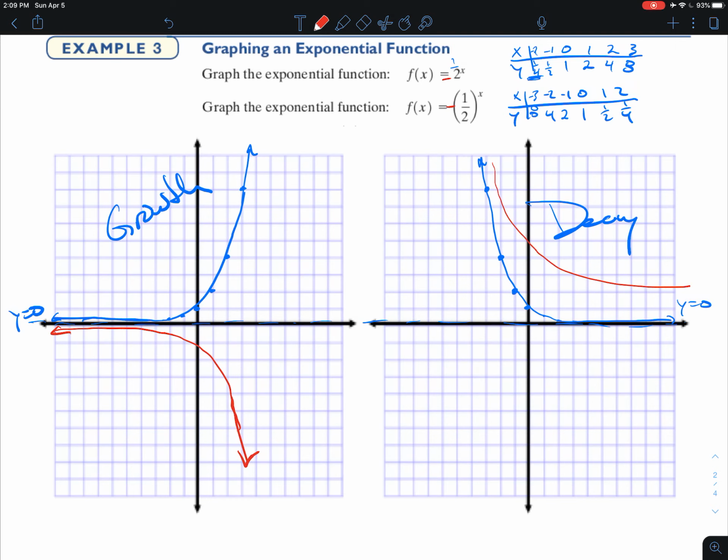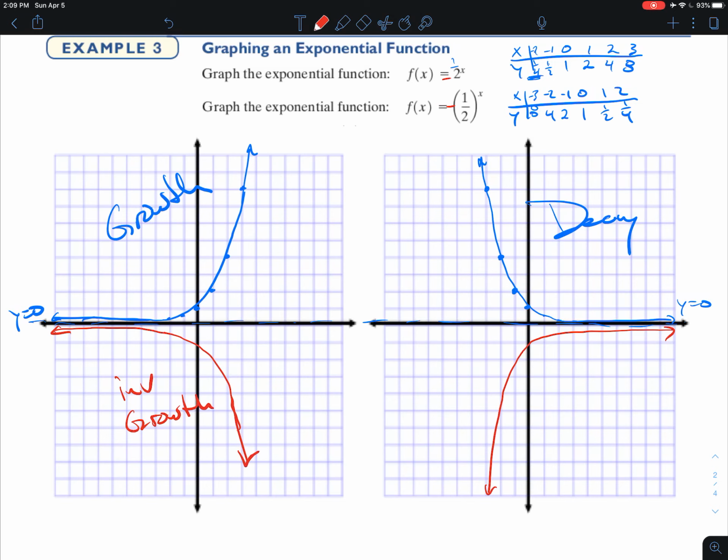This one, where it's going really, really quickly down from left to right, that's an inverted growth. Inverted growth. So don't confuse that with decay,